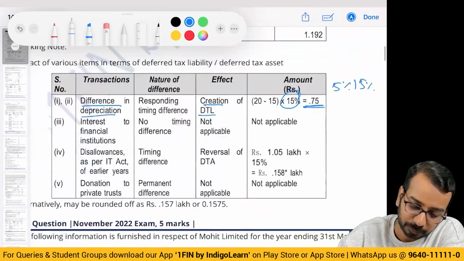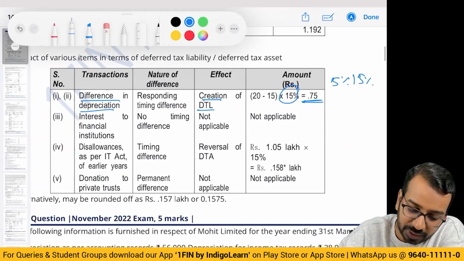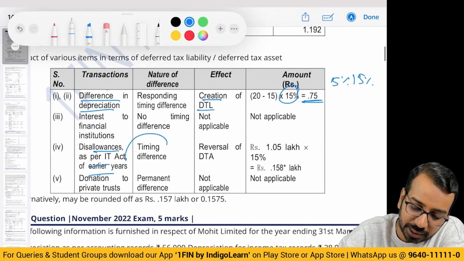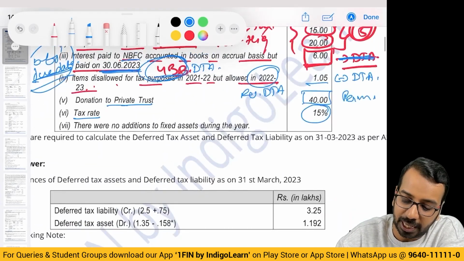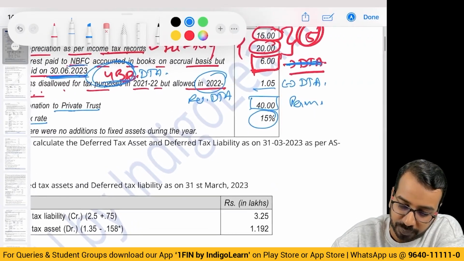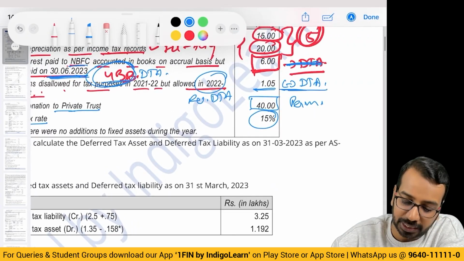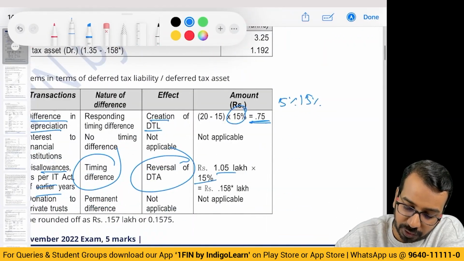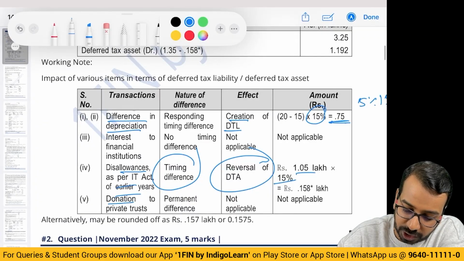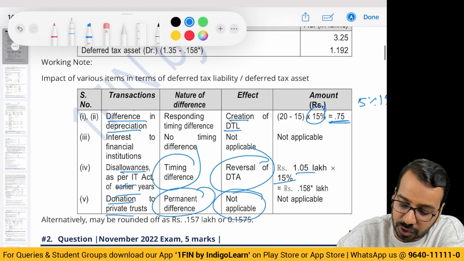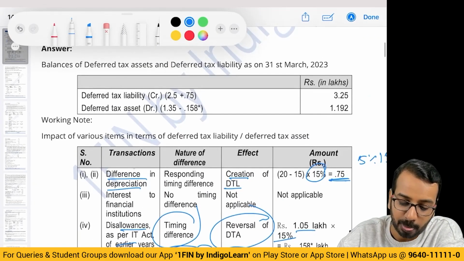Then previously it was disallowed. Now it is a timing difference. It is a reversal of DTA. It is a reversal, minus of DTA. How much? 1.05 into 15%. And here donation to private trust, permanent difference, it is not applicable, right? Then